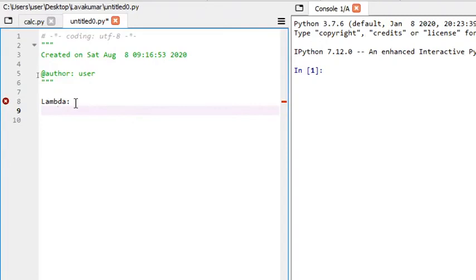Whatever my lambda expression will be evaluating, that result I am going to put in a variable. So that's how you are going to use it. And where you are going to apply these lambdas is, in most cases in real-time application development, we require to pass a function itself as an argument to another function. In such cases, lambdas will be very essential and helpful,